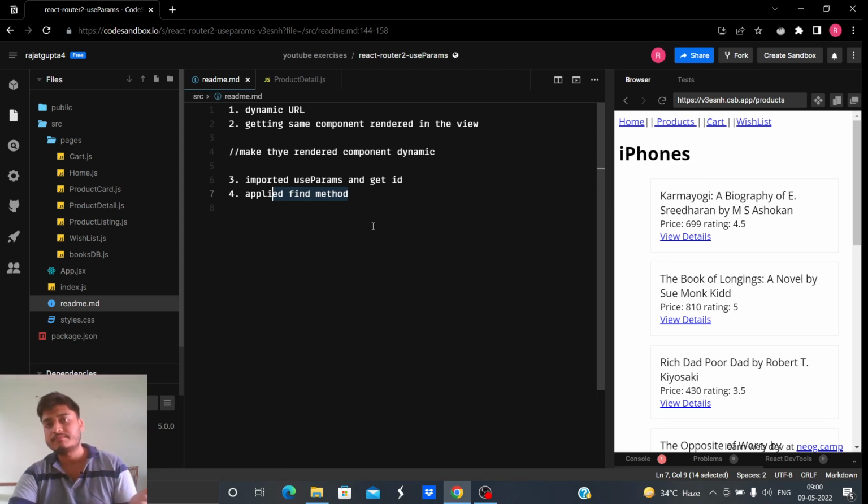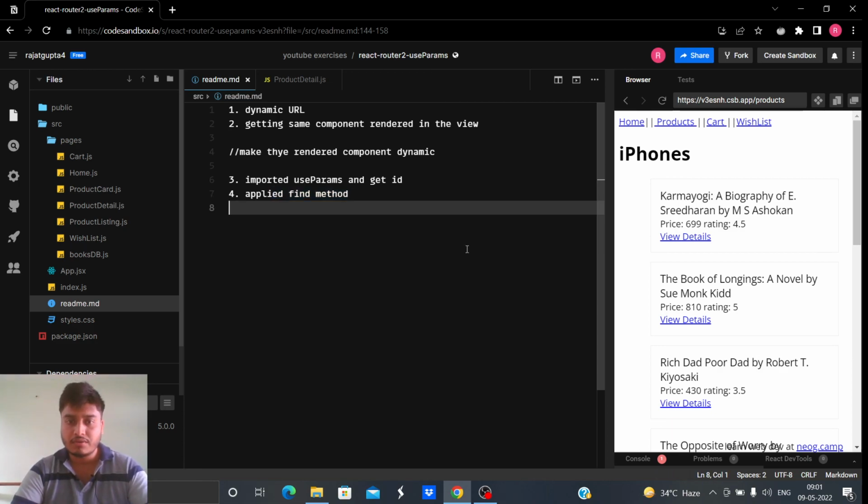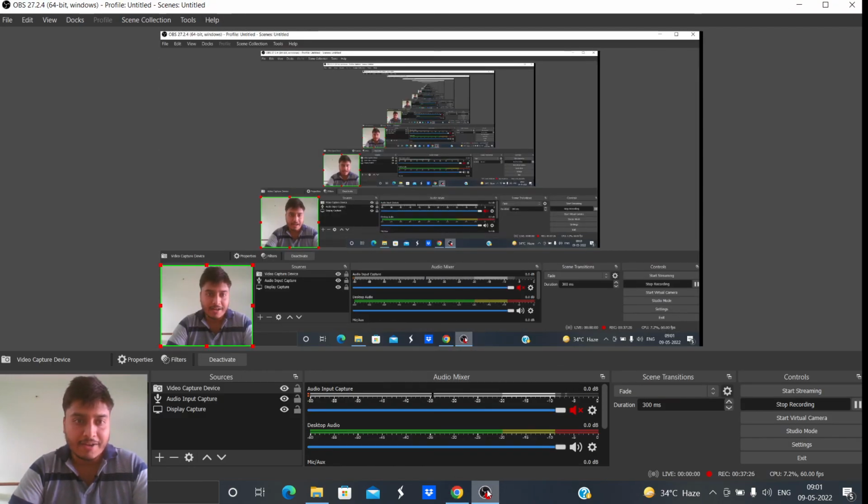One could have different elements rendered without having to write different routes. One can have thousands of different components rendered without having to write thousands of routes. When we click on different links, we get to different pages with different URLs, but only one route. We wrote only one route for all those corresponding links. So that's how useParams works. I hope you could understand it.